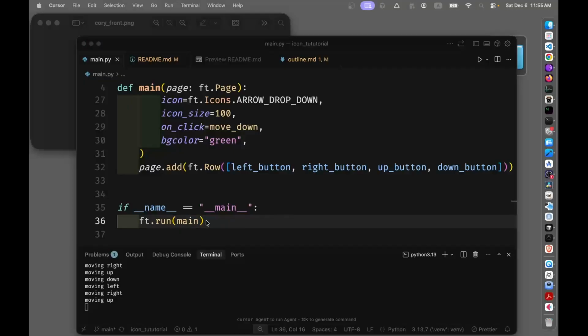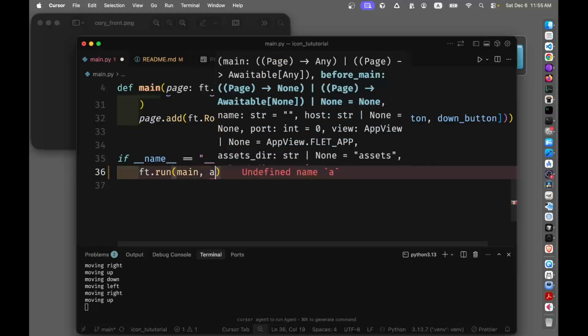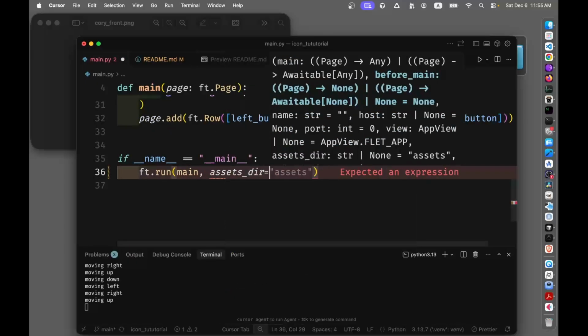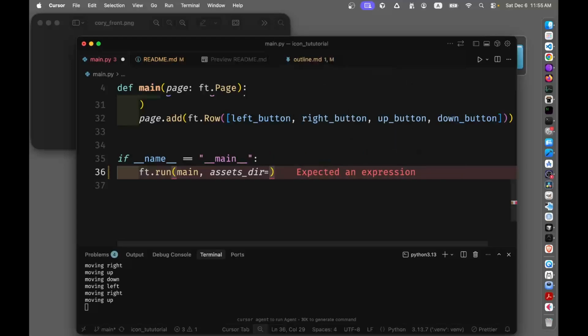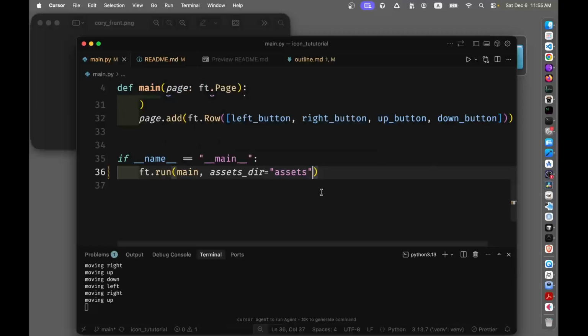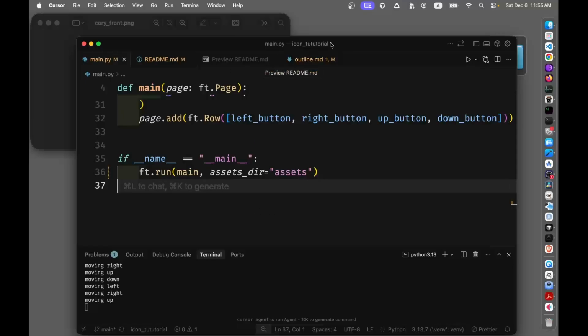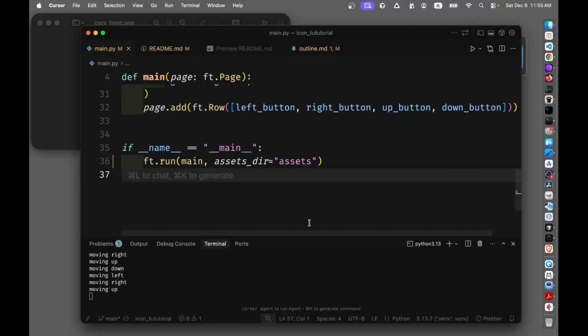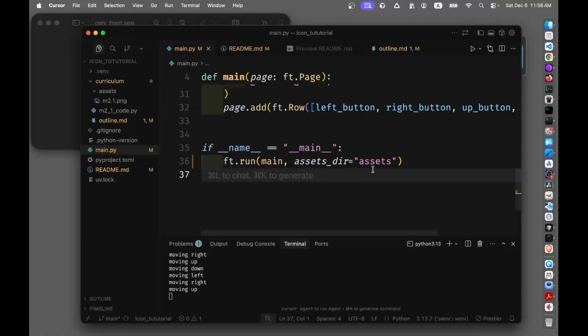where the assets are. So we'll go right there when it's trying to run, and we'll put a little comma, assets directory equals assets. And I'm going to turn off the cursor tab here again. It helps us learn. It's better to keep practicing repetition instead of letting the AI do everything. Okay, so we know where we want to put the assets, but we don't have an assets